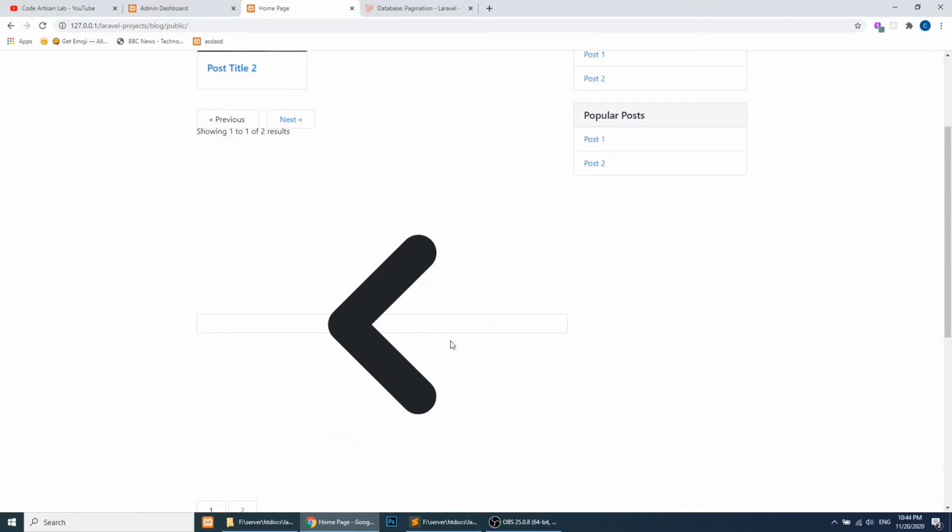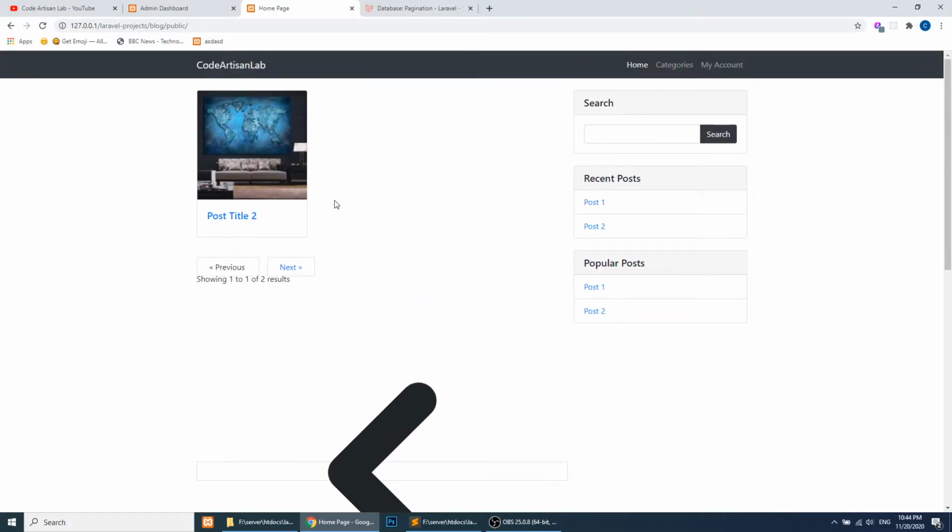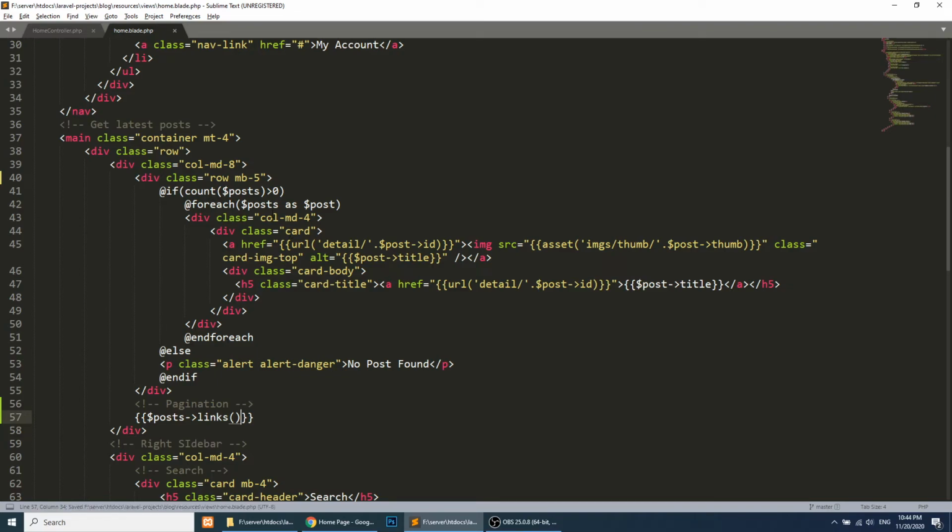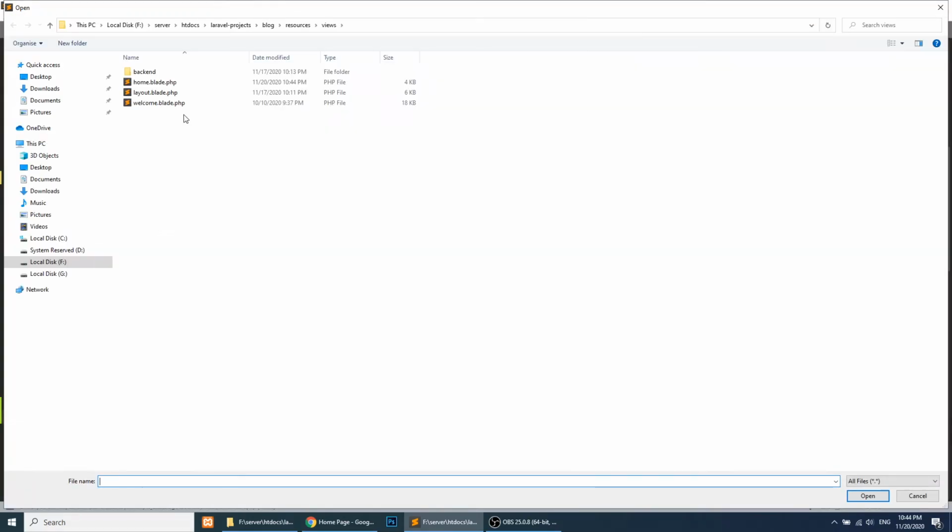By default, Laravel shows the pagination in Tailwind CSS. If you are using Tailwind CSS, then it's okay, it will show the proper pagination. But we are using Bootstrap, so we need to change the style. Laravel provides us the facility to use Bootstrap.